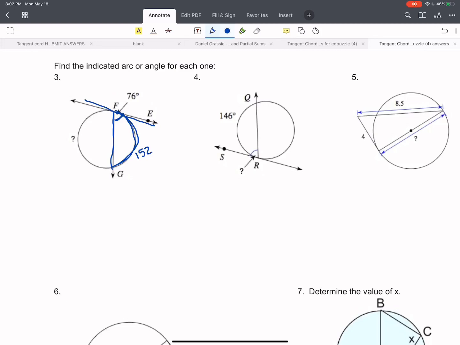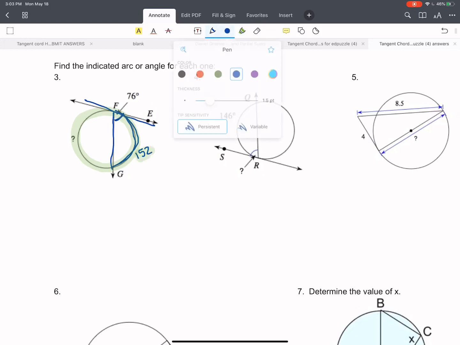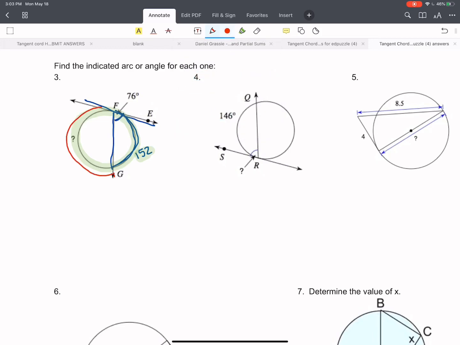So if I complete the circle, what do I need to complete the rest of the circle? Well, the whole circle is 360 minus 152, and I would borrow, so I have 208. So this whole thing is 208, which means this angle in here that they're asking about must be